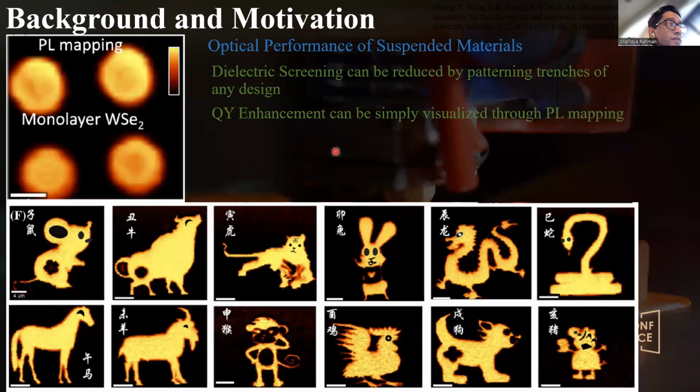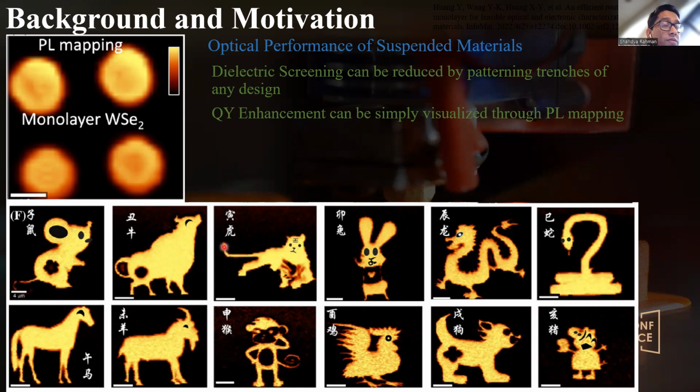So of course, the researchers have also tried to create many different kinds of trenches. As we talked about, this is a circular trench with a particular diameter and a particular hole depth. This is a very common design of a trench. However, eventually researchers have designed many different kinds of trenches. For instance, they were able to design this kind of Chinese zodiac signs, and they were able to show that